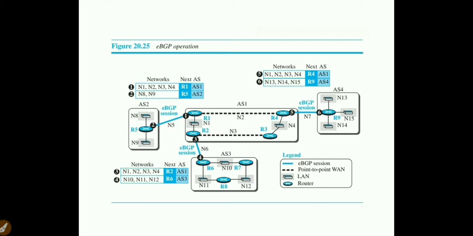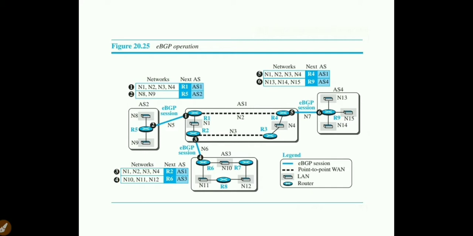This link 1, 2 is an external BGP session link. A session is the logical representation of TCP for each and every communication. So for this current session between 1 and 2, that is R1 and R5, we are establishing an external BGP.